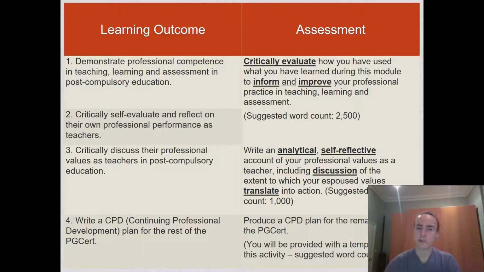And then I suppose I'd also point out in the values section, this is a little bit of a lighter piece, as we've talked about, but it is still an analytical, self-reflective account. So you're not just having values or describing your values, you're digging deep into what they are, what they mean to you, how the values interact with each other, or interact with, say, the wider expectations of other teachers, in terms of their valued practice, or the expectations of your students.